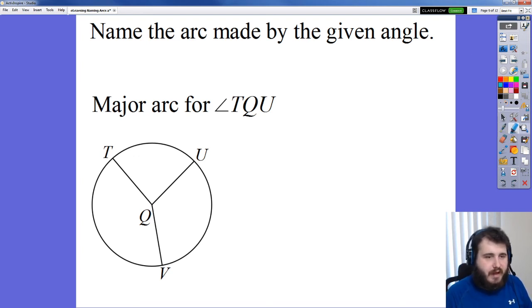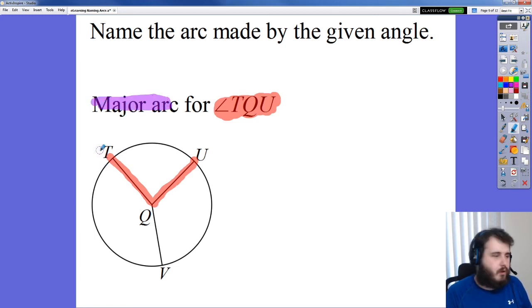Let's look. So we've got TQU. Let's identify the angle before we do anything else. TQU. Start at T. Go through Q. Go through U. All right? That's the angle that we're talking about here. That's TQU. So now that we've identified our angle, let's look. We're talking about a major arc, right? Since we're talking about a major arc,